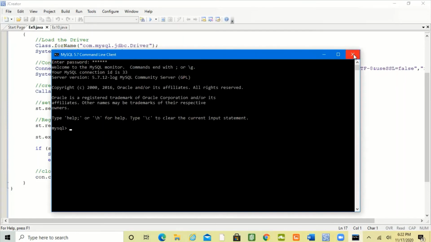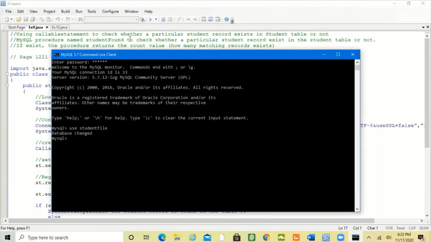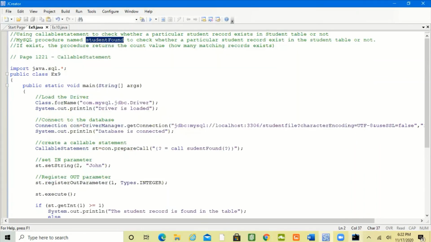So here I'm going to select the database. Now I'm going to create the stored procedure. The name of the stored procedure I mentioned here is student found.